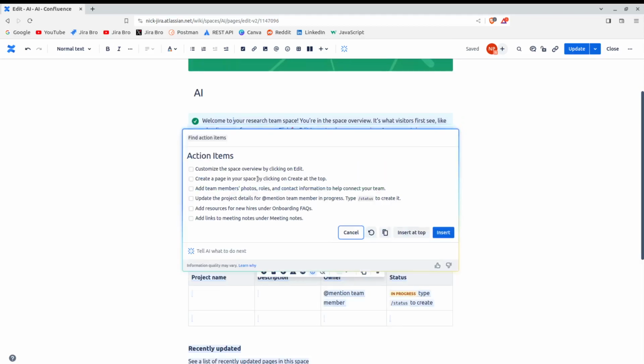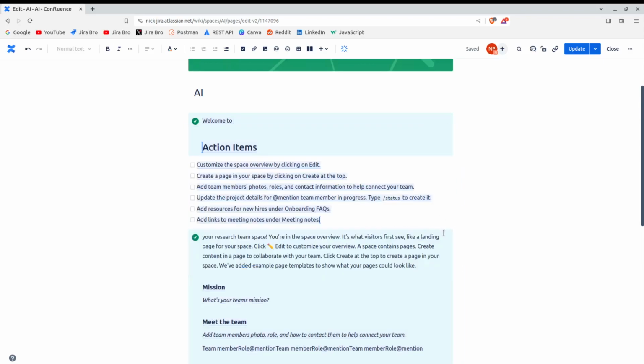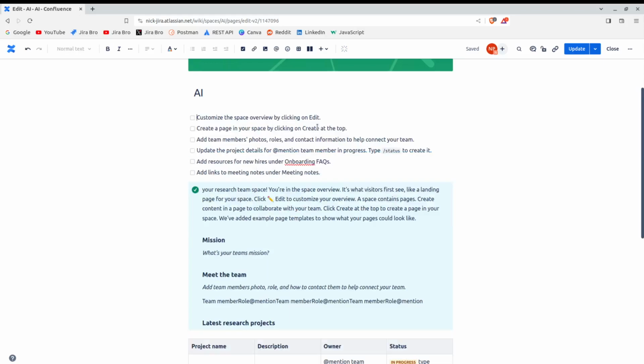Now also what I can actually find are the action items, and definitely what I can do is I can insert these action items right here. So I can also delete this, and as you can see, these are the action items that says customize the space, create a page, and you can actually check everything out. This is a pretty useful feature,